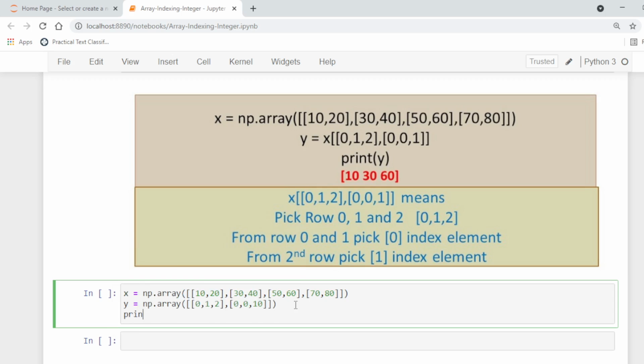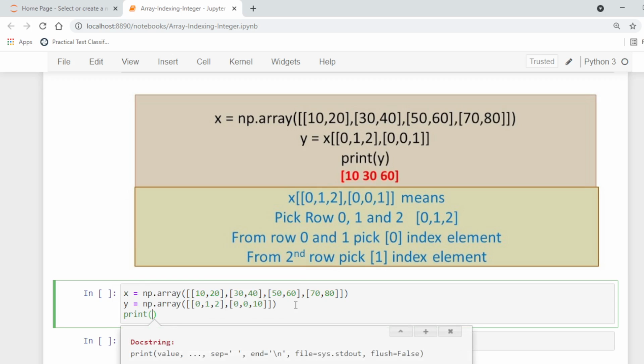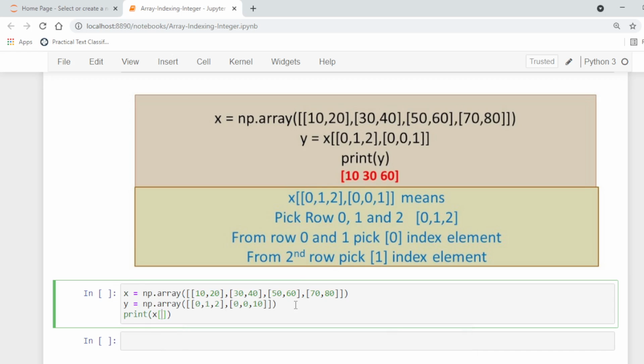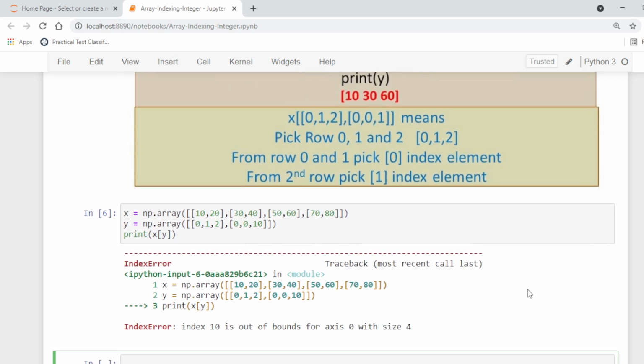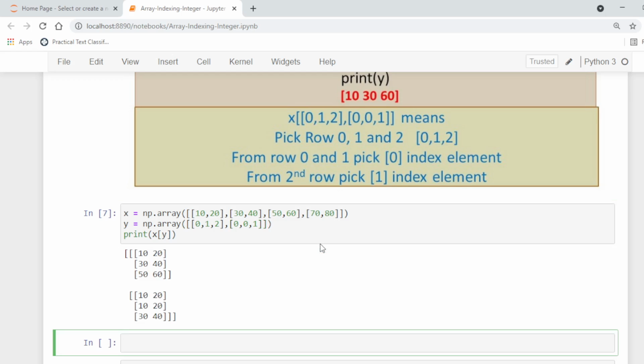Now print x; x is our array and y will be used as indices for the above array. Sorry, this is 1, not 10. Now running this, we will get this.